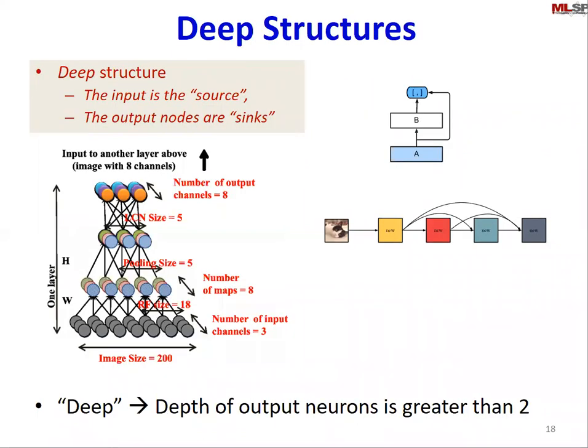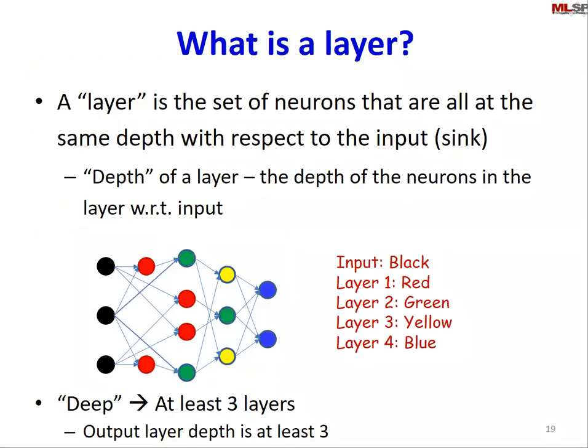Now, I keep speaking of layers. Does anybody want to guess what a layer in a network is? Nodes at the same depth. Nodes at the same depth with respect to the input. Absolutely, right? So it doesn't matter how I draw this. Look at this figure over here. All of these red neurons have a depth of 1 with respect to the input. So these are the first layer. All of these green neurons, visually they are not in the same layer, right? But all of these green neurons have a depth of 2. So these green neurons are part of the second layer. What about these yellow neurons? Are they part of the second layer?